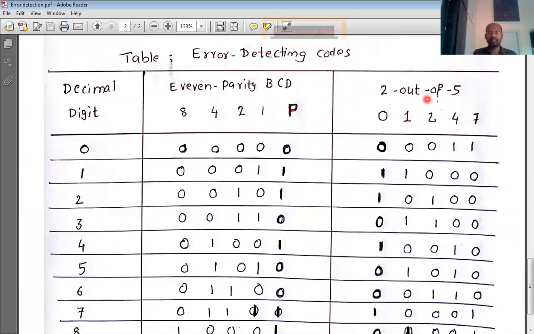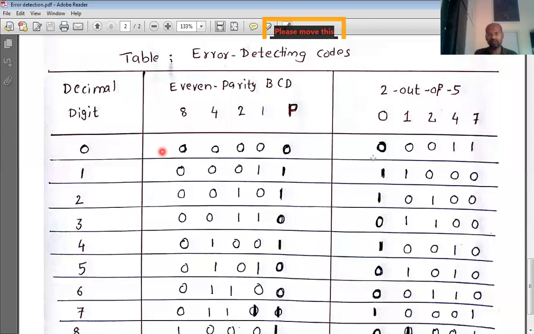Now why is this called 2 out of 5 code? Let's see, in all the 5 binary digits, 2 out of 5 are ones. Now look at 0.